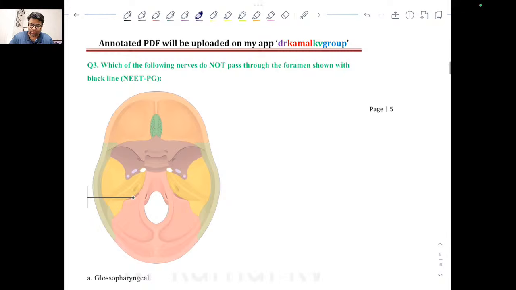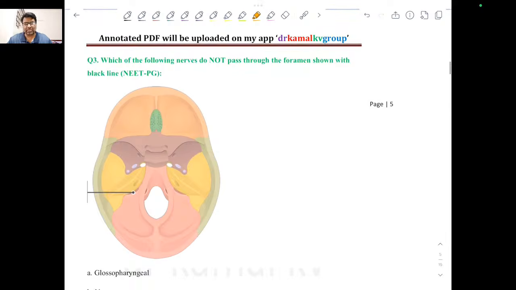Now this is one more segment from which NEET-PG will give you questions. What they will do, most of the time they will take a skull and put a pointer in that, and then they will ask you which foramen is this, which structures are passing through these foramens, or some applied anatomy of those structures which are passing through that foramen. So here